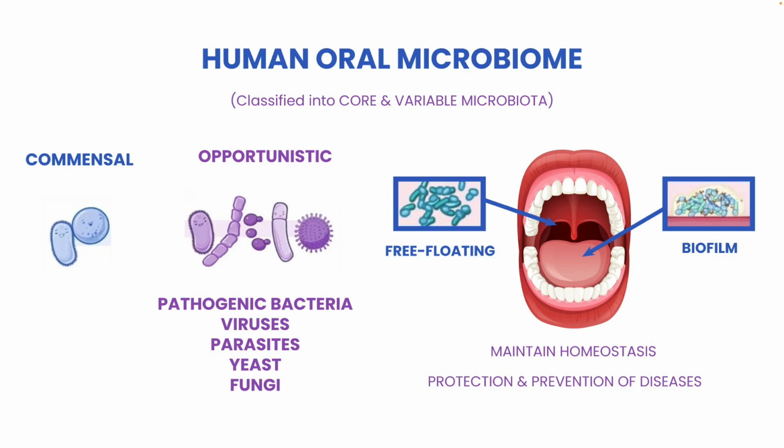The majority of bacteria in the mouth exist as a biofilm. In health, there is a homeostasis, and the bacteria that are there can prevent the overgrowth of pathogenic bacteria. But what happens is